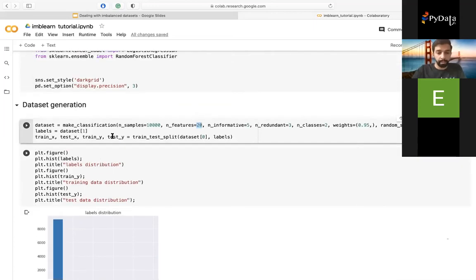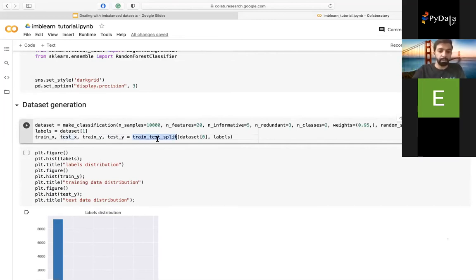Before we do anything, we sample the training and the test. The test set is sampled from the original data set before we do any oversampling or undersampling, because this is like the real world. This is what the model is going to see after it's deployed. So we want to make sure the test set is representative, so that when we evaluate, we're evaluating how the model is going to perform once it's deployed.